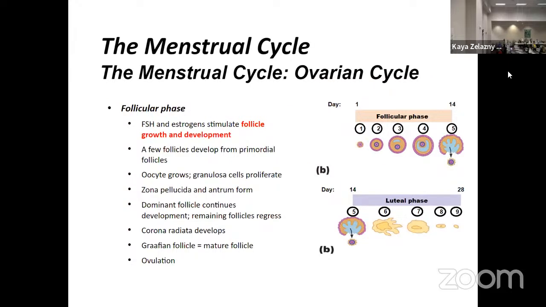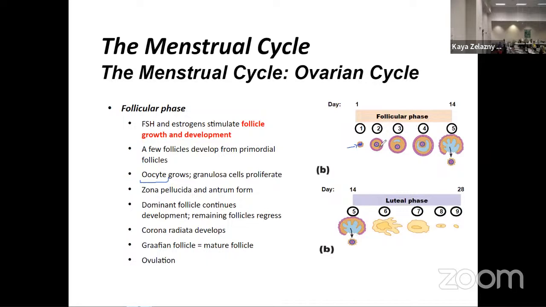So thinking about that follicular phase, the first half of this cycle, it is characterized by the fact that we have that primordial follicle growing and developing. So it's going to be getting bigger. That cell inside is eventually going to become our mature ovum, right? This egg cell, our oocyte, oo for egg, cyte for cell. It's growing, so we can see it getting